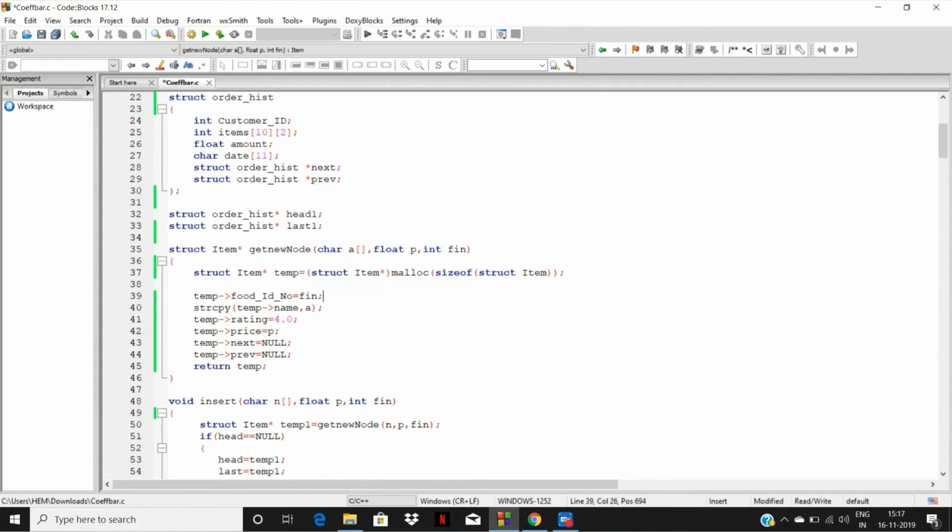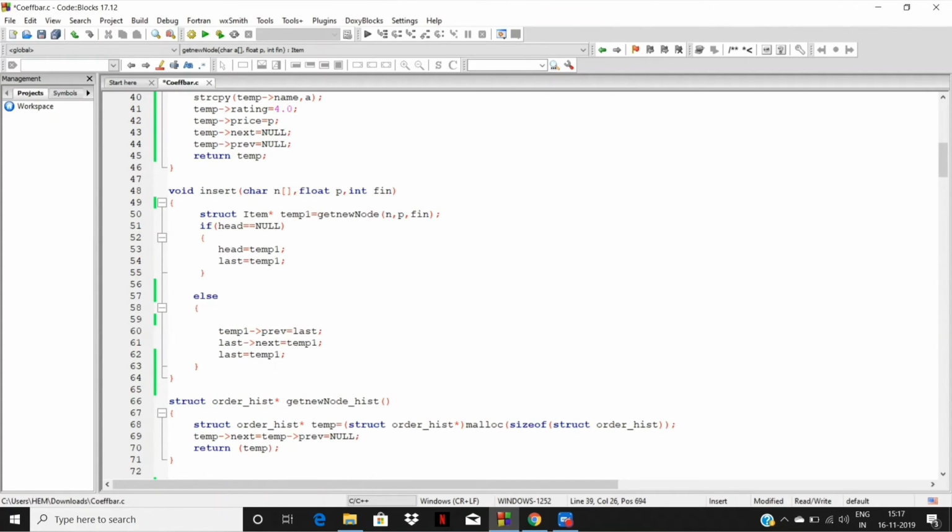We initialize the food ID number with fin, and copy the string a to the temp name. Then we give a rating to all the items, initialize the price, initialize the next and previous pointers to null, and after that we return the temporary pointer of the item.